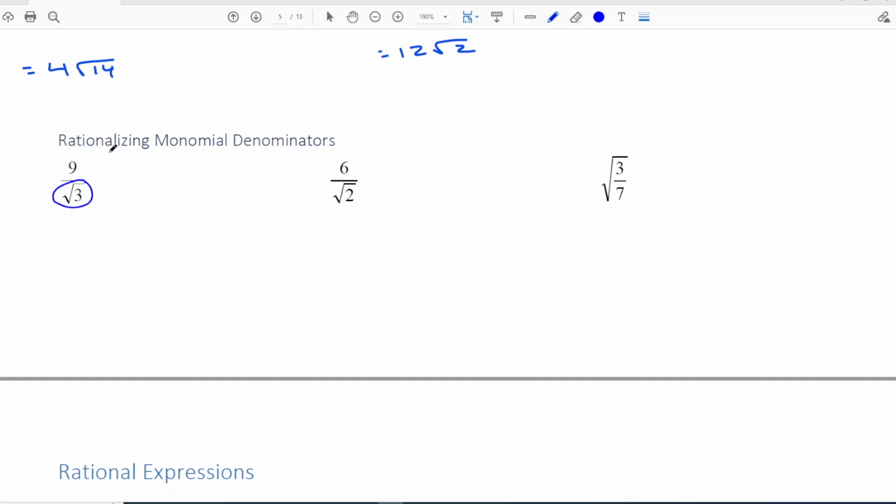This process is called rationalizing the denominator because a square root of a non-perfect square always comes out as an irrational number. And so we want to make this rational. And the process that we're going to use to do that is quite simple. It's just simply multiply by the radical in the denominator. So for example, this one we're going to multiply top and bottom by root 3 over root 3, because then